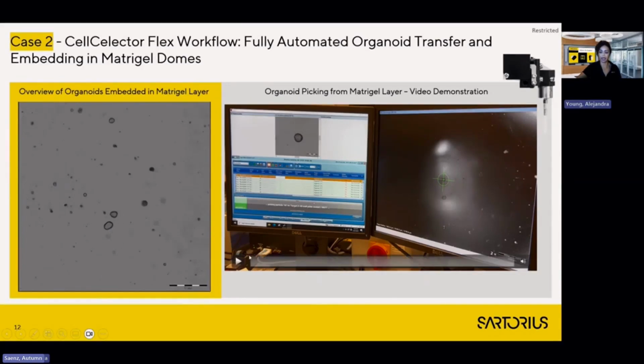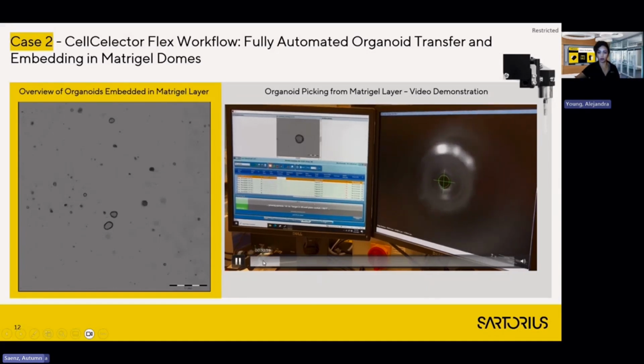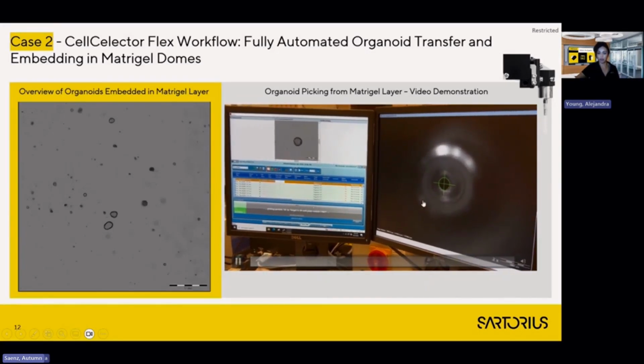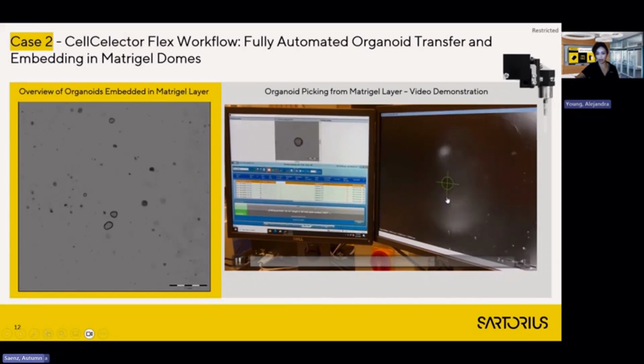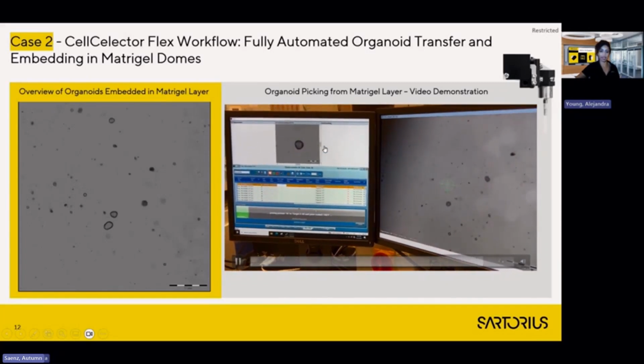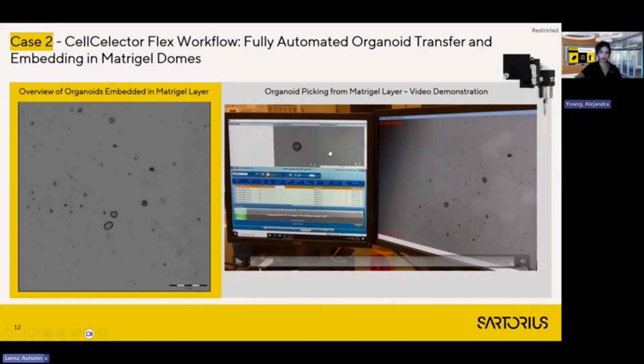And here I have a video for you showing the semi-solid picking module with the plastic tip going into the Matrigel layer and then picking that specific organoid. Again, the cell selector generates these beautiful images before and after while you're picking. Also, it's important to appreciate here that the Matrigel layer is intact, there's no crack. It only shows the white spaces where we actually picked the organoids that we selected.